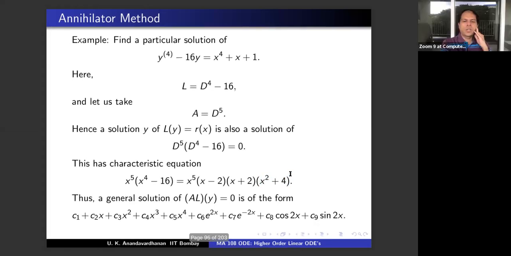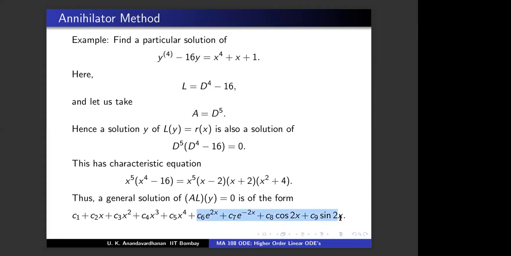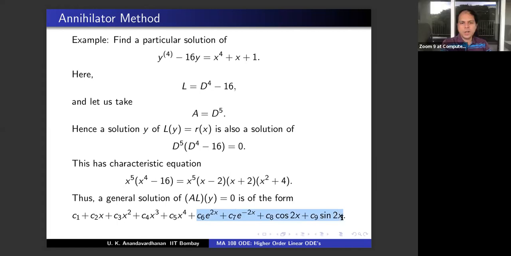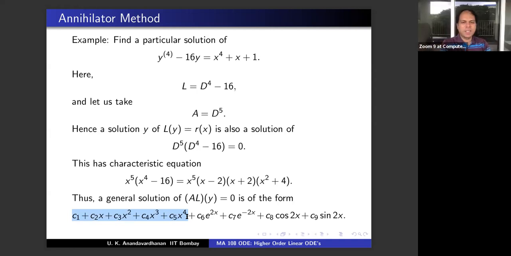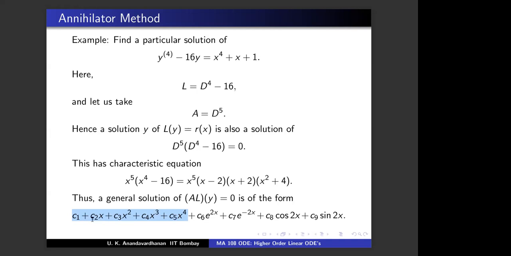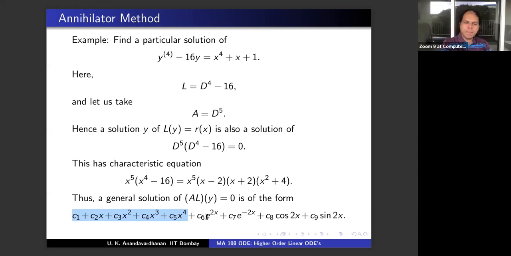So the general solution is of this form, and we are interested in solving for L, right? L of this is anyway 0, by definition. And therefore, you get the answer which you guessed in undetermined coefficients. So this is just the method of undetermined coefficients packaged in some other way. You can apply this, but these coefficients you don't have to bother with because they are already part of the homogeneous solution. Therefore, you can plug this in and solve for C1 through C5.